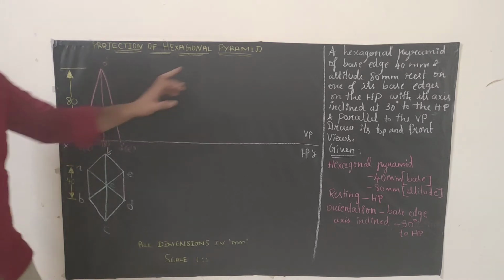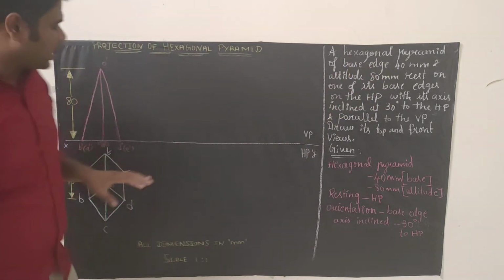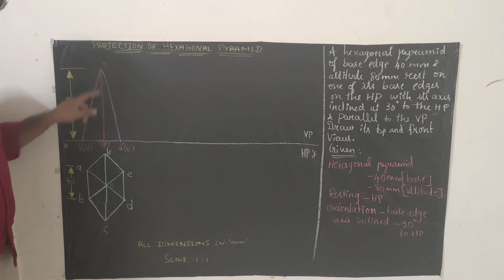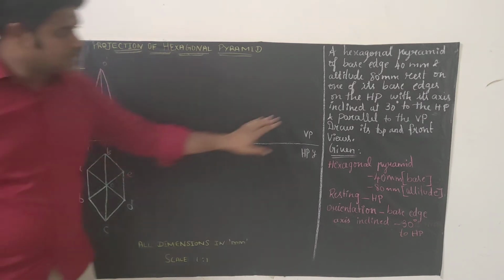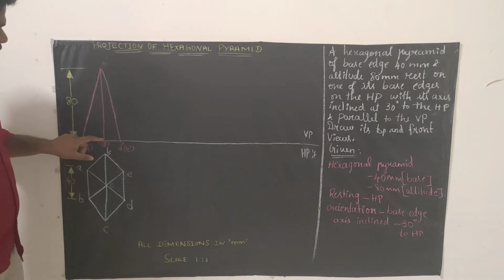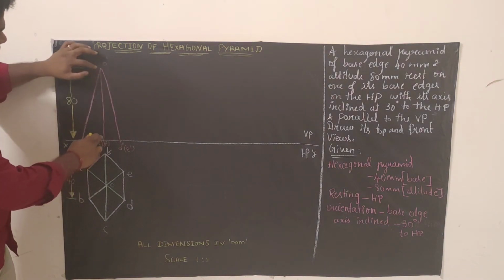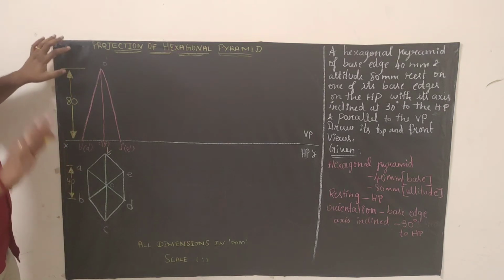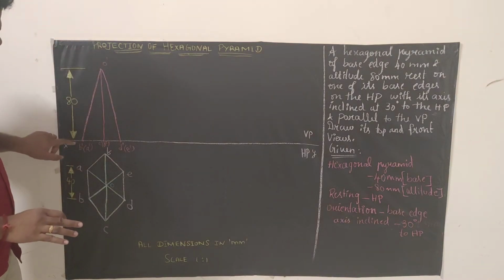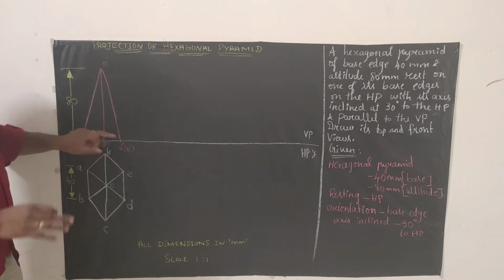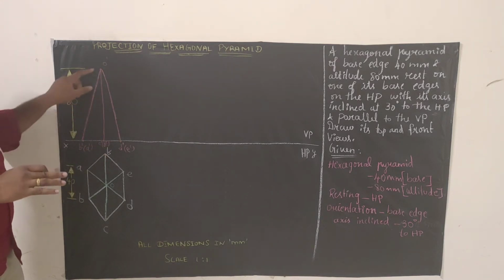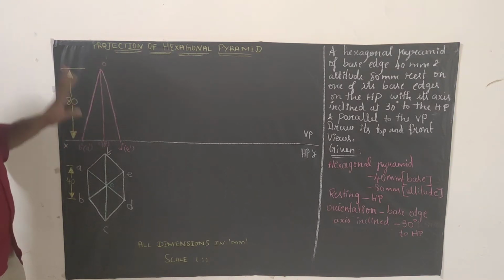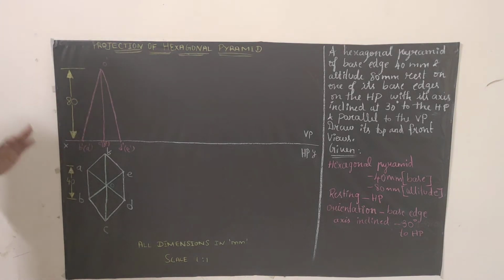From the center point, it is clearly given that the altitude is 80 mm. Okay, from the center point, wherever you got for OF, from here draw a line of 80 mm. Since the altitude is 80 mm, from the reference line, from this point, keep your scale and draw 80 mm so that you will get a point here. Mark that point as O dash. Now just join this point and this point and this point and this point so that you will form a triangle. Okay. Once you got this point, join this point with B dash, OB dash, and join OD dash.